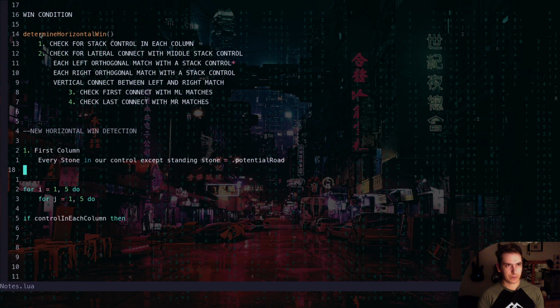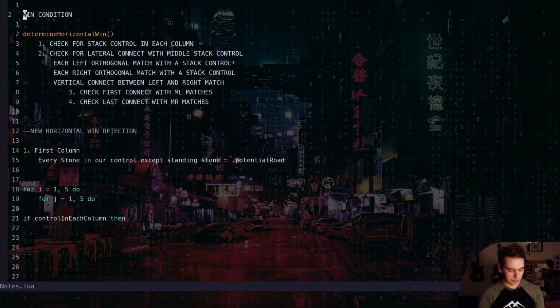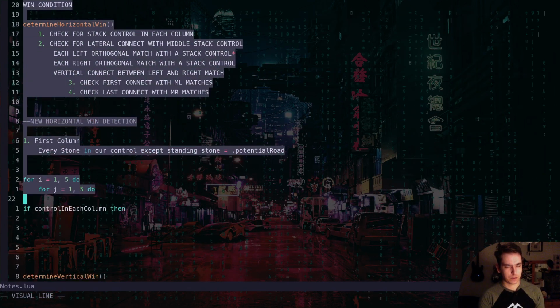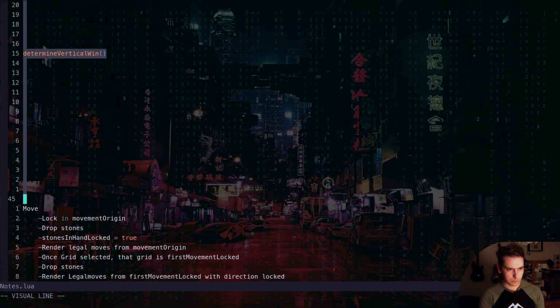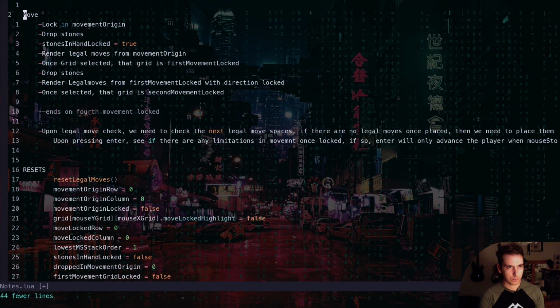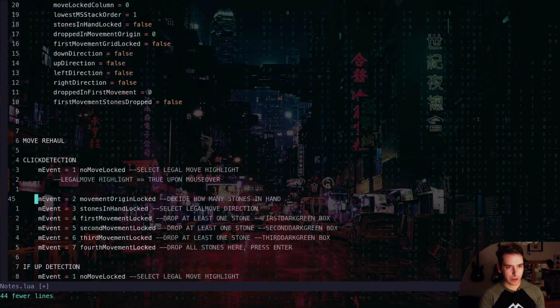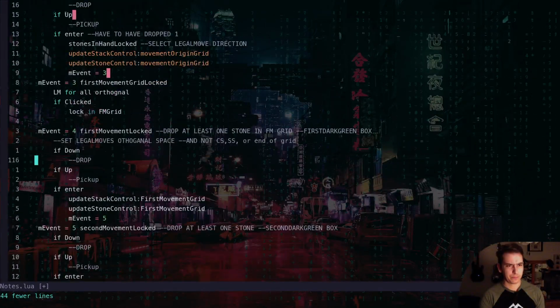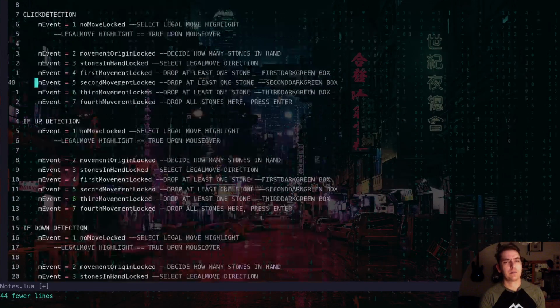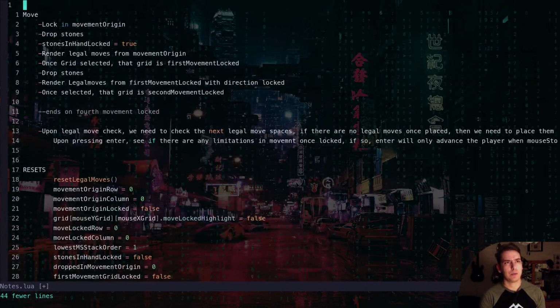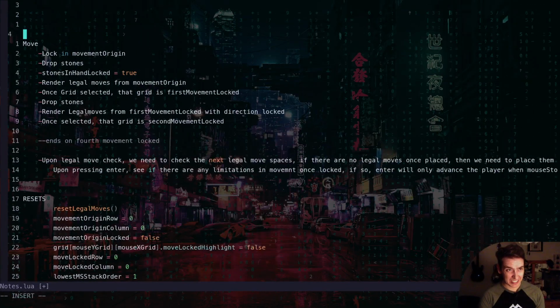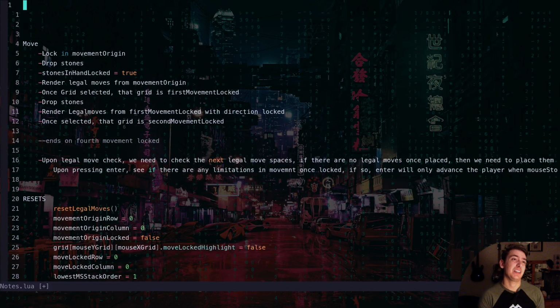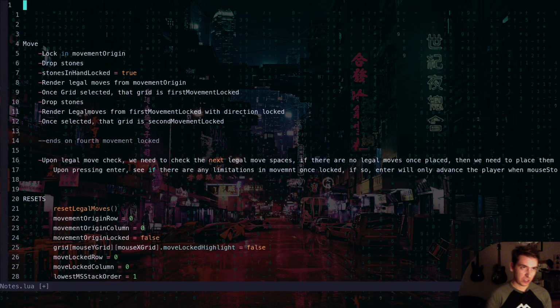So I'm gonna get rid of all this. Wow, yeah, we do have quite a bit of notes. So I'm just going to add some notes to the top here saying we need to do a couple of things. And those couple of things include